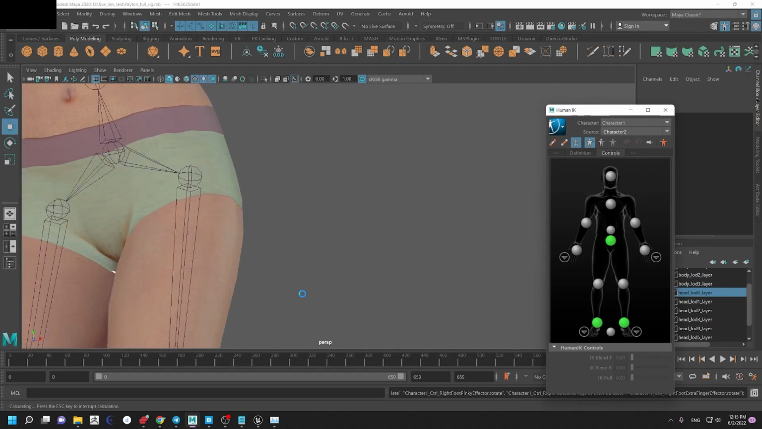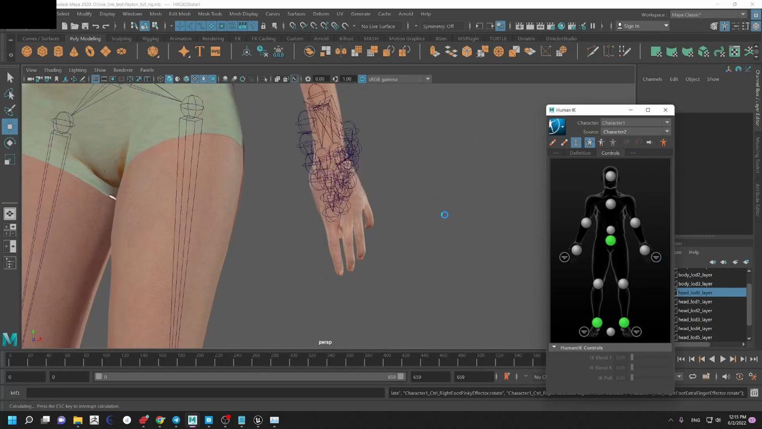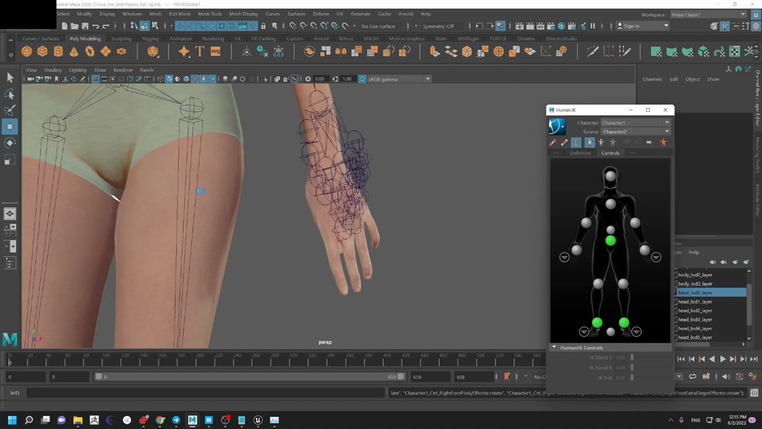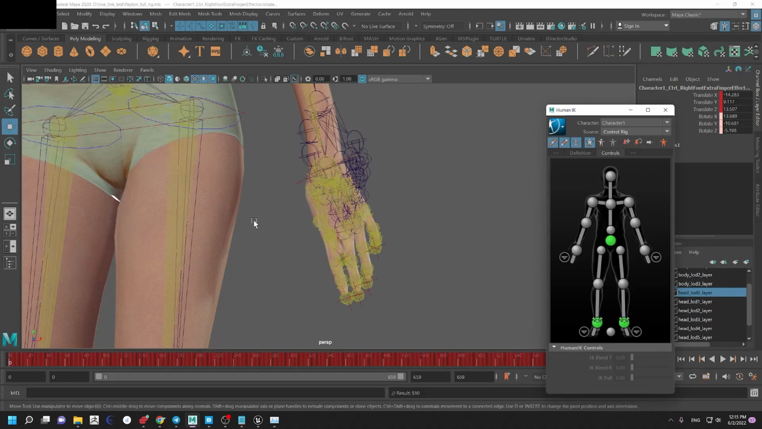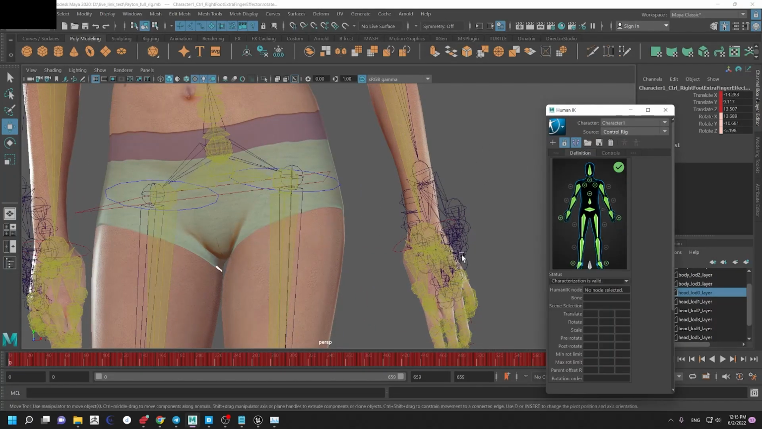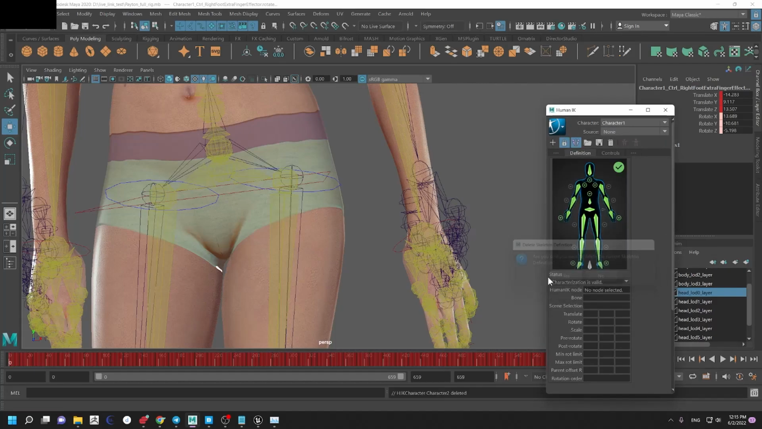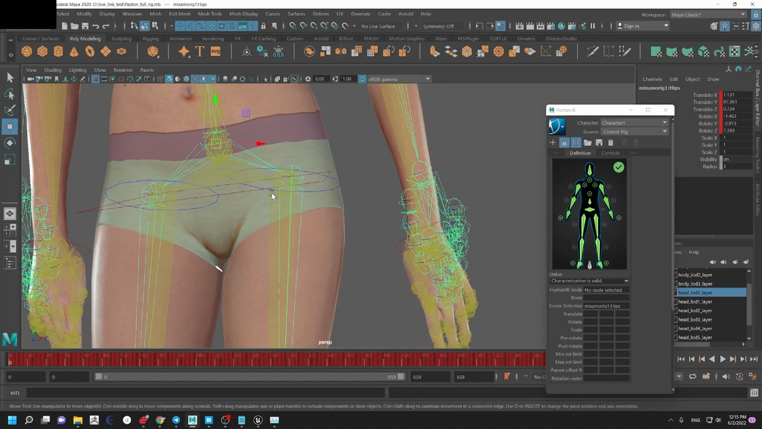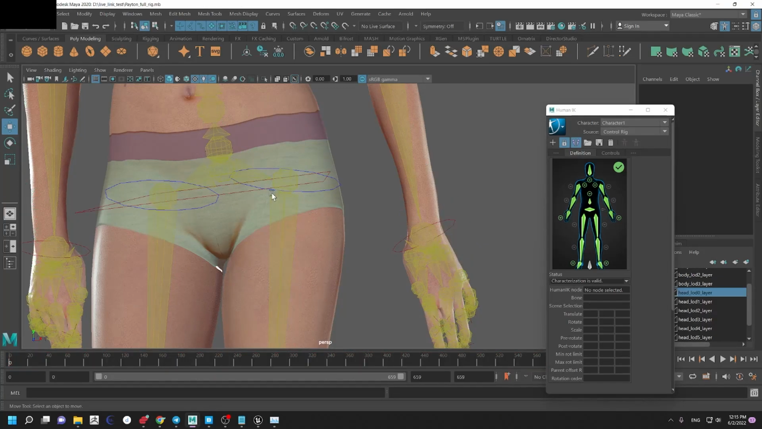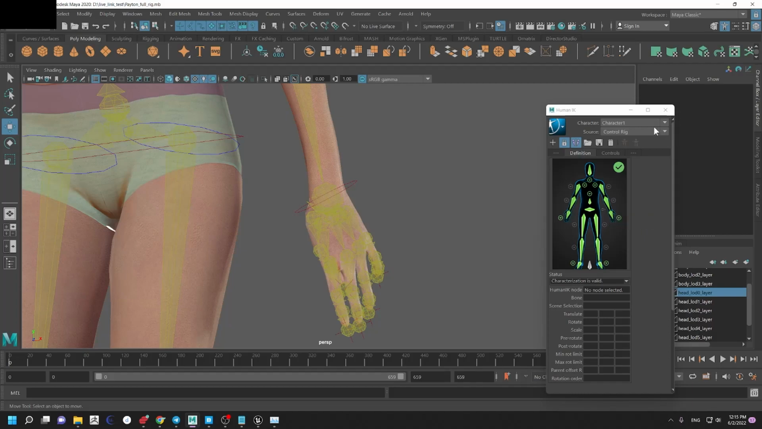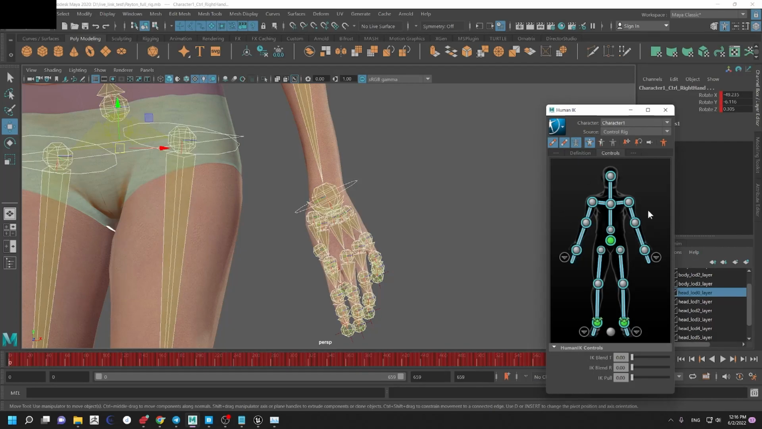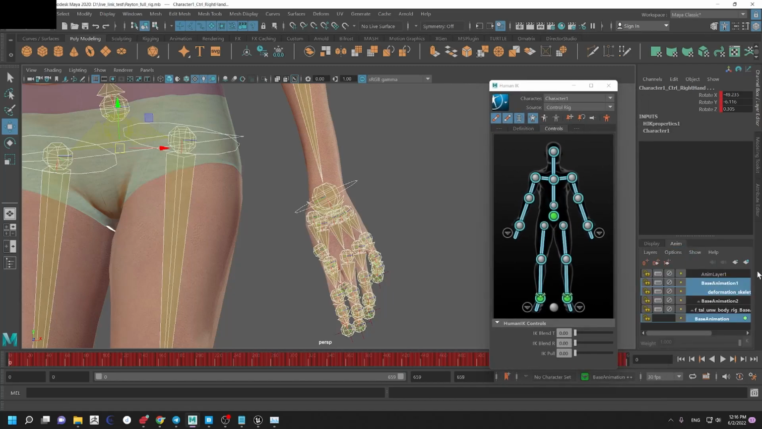After baking the animation, we don't need the other character, and we're going to delete it. So it's baked on the control rig, and I'm going to delete the other character, which is character 2. Delete it, and also delete the skeleton. Now I'm going to add the rig, the control rig, to an animation layer,